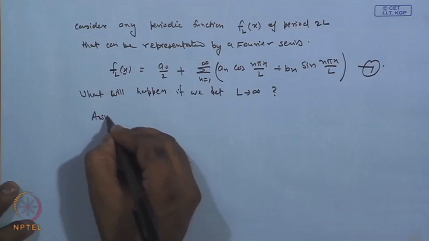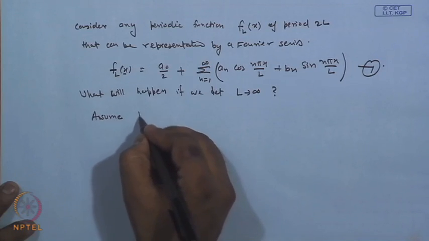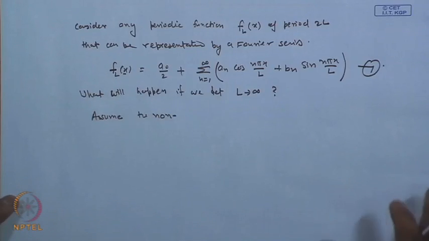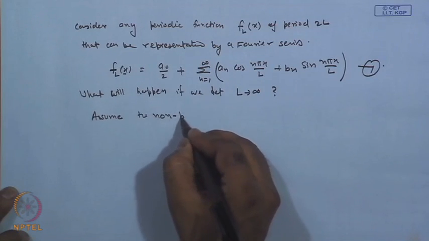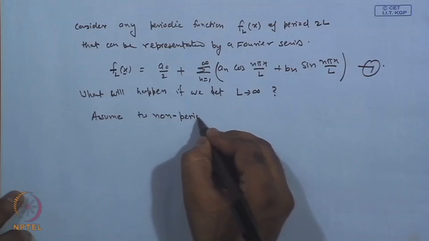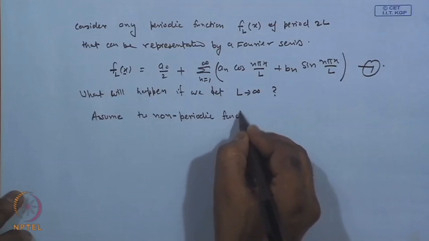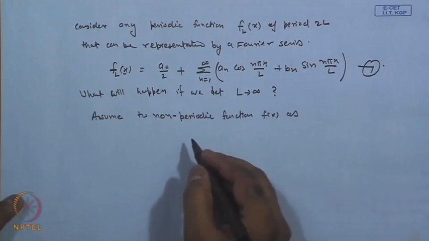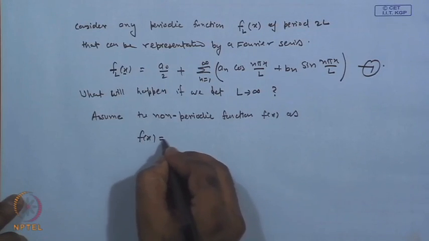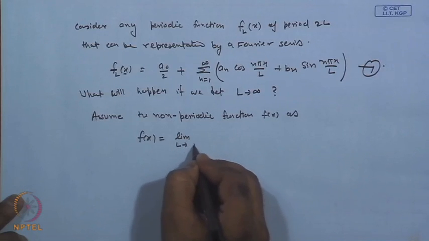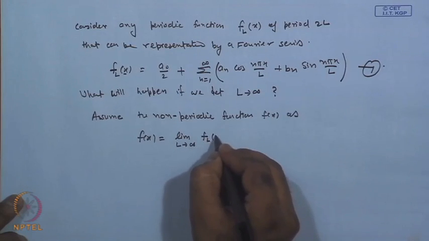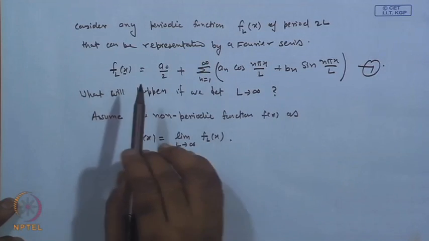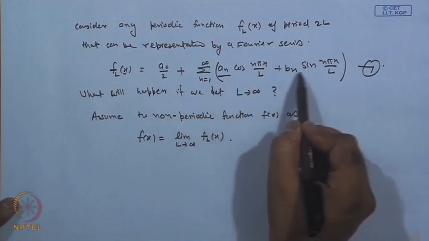So, first we assume the non-periodic function, because as L approaches infinity we will get a non-periodic function, obviously. So, for the periodic function f(x), we denote by f(x) the limit as L approaches infinity of the function f_L(x). So, if we assume this, first let us substitute this a_n and b_n